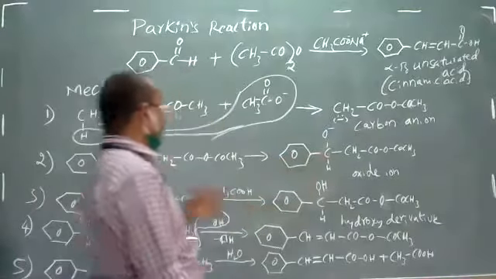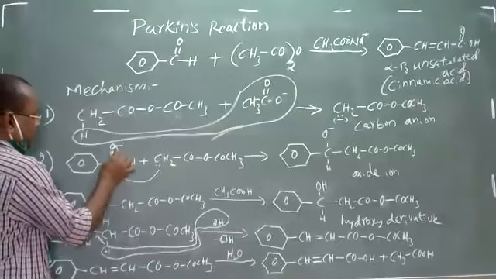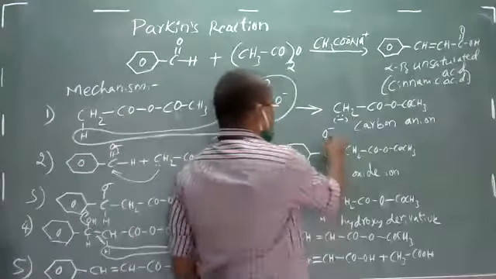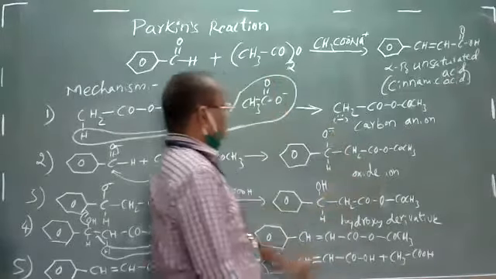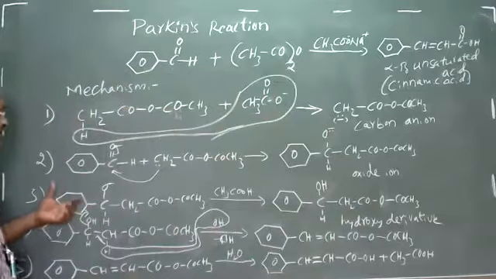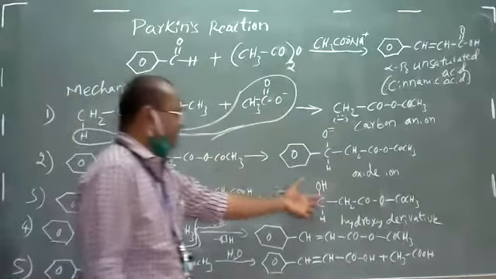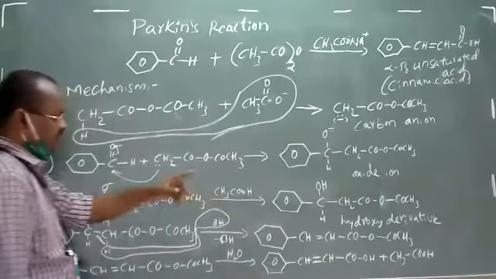When it attacks this carbonyl carbon, the pi bond electrons will move towards oxygen to form an oxide ion. So this oxide ion wants to stabilize. It abstracts a proton from acetic acid and forms a hydroxy derivative, and this hydroxy derivative in the next step is actually stable, but in the next step, what happens is